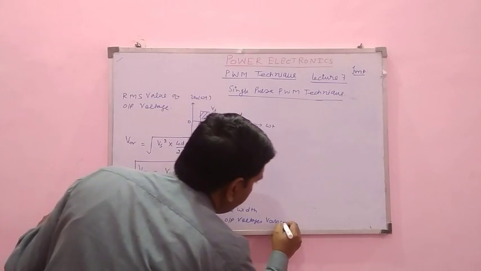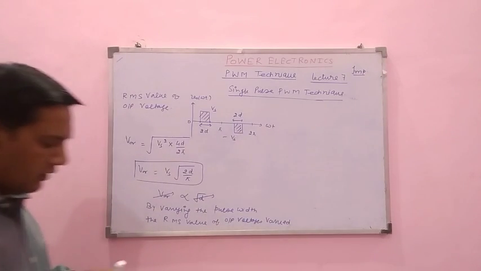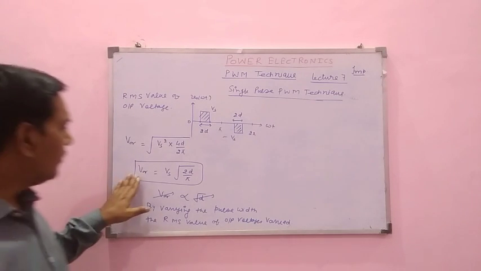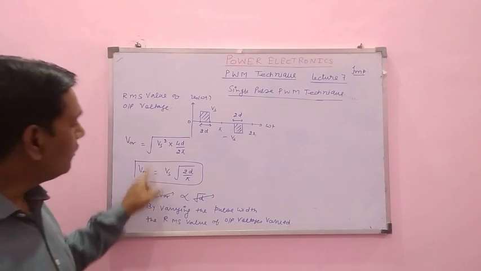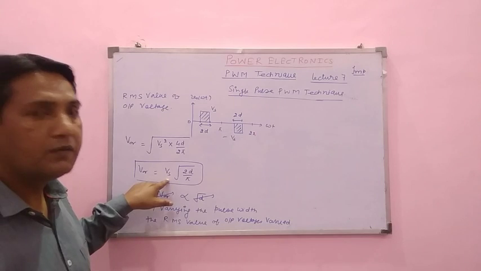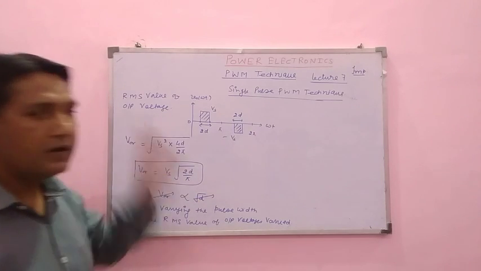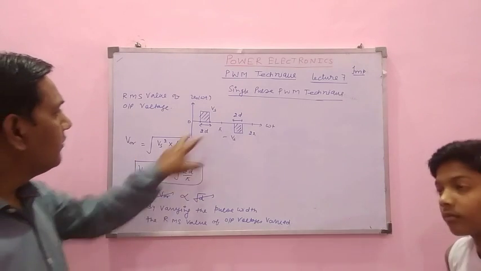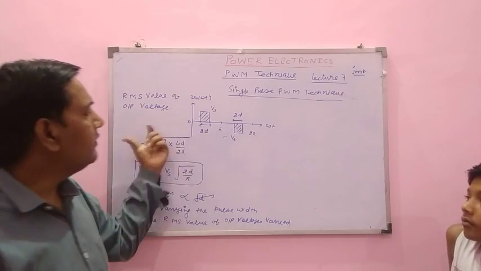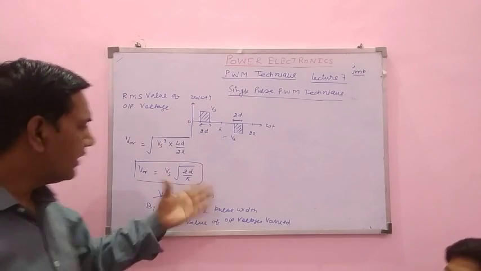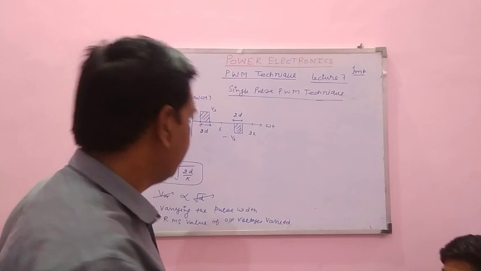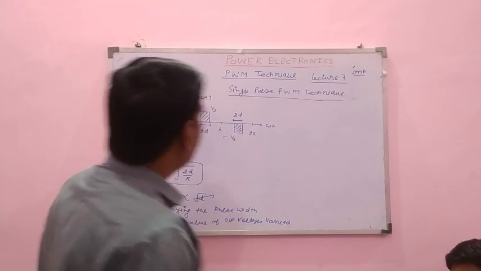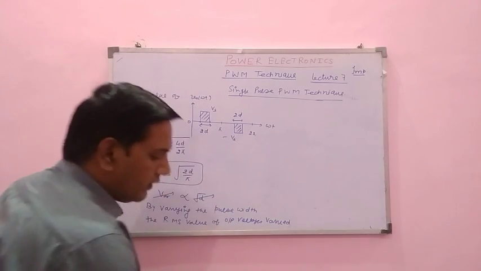So this is varied. You can clearly see here now the RMS value of output voltage not only depends upon the DC supply voltage but also depends upon the pulse width. So by changing the width of pulse we can control the RMS value of output voltage. Okay, now we will see the Fourier series